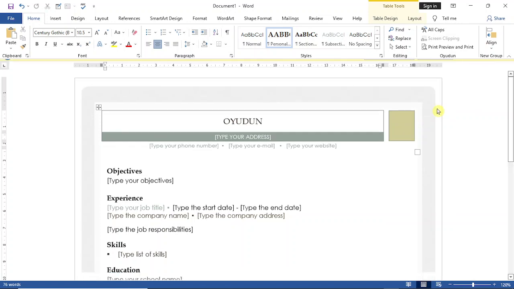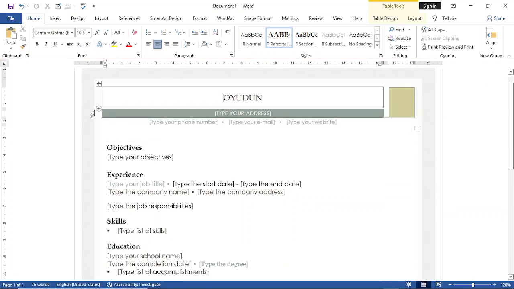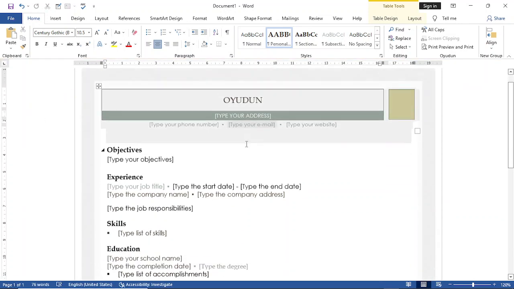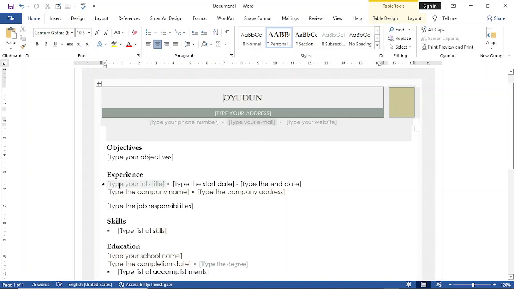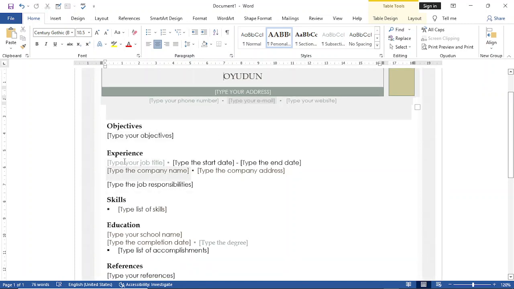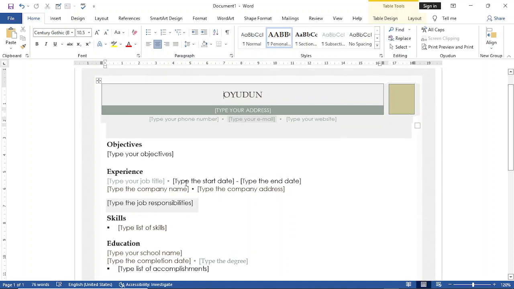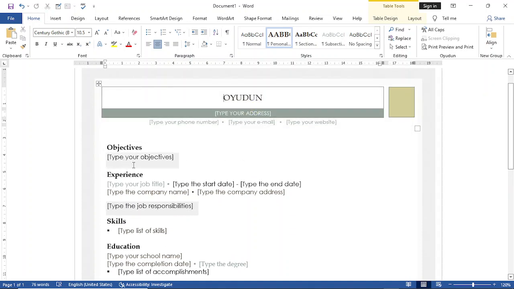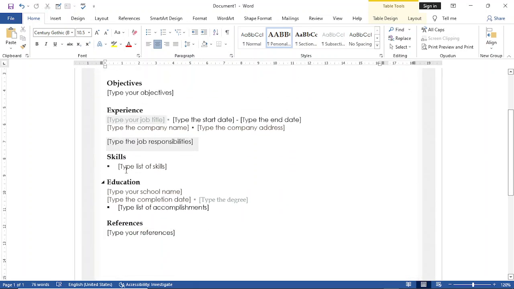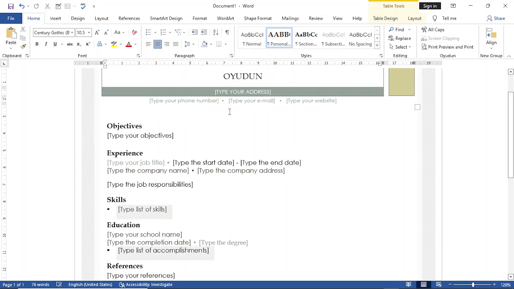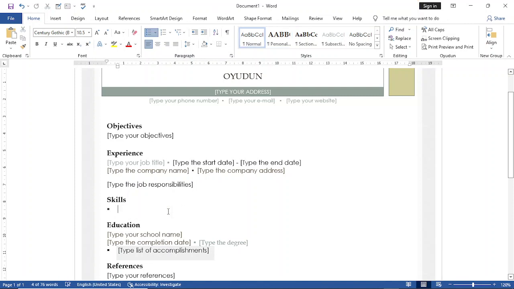So I'm just ignore this. I'm using an unlicensed Microsoft Office, so you will pardon me. So if you, for example, want to customize your resume, you can come here. You can see this is the format of writing a CV of objective experience, skills, educations, and referees. So for example, you can come here and for example, you want to type your skills, just come over to this skills section and basically write maybe you are proficient